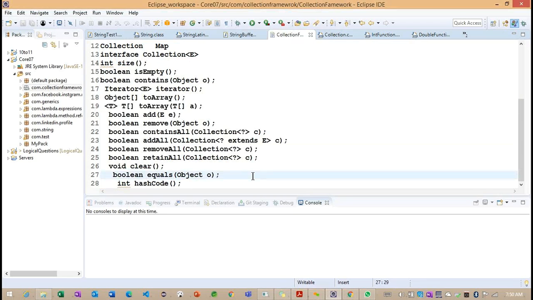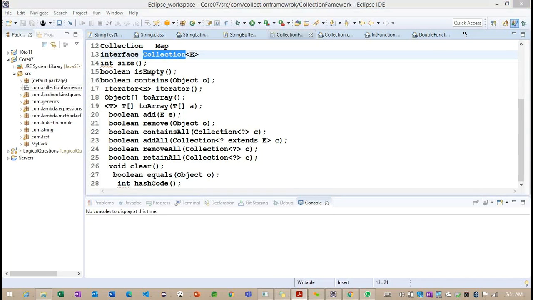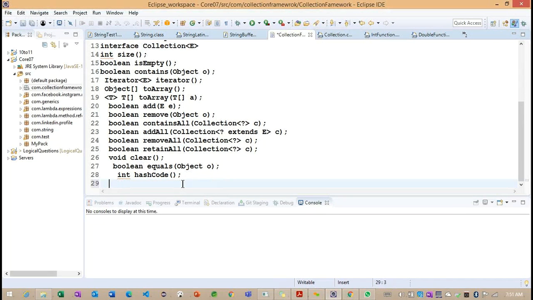Okay. Observe here. This is the main interface called Collection, and we need to focus on the sub interfaces here. So what are the sub interfaces we are going to have? Cutting the point, the sub interface we are going to have is List here. So let me open this particular interface called List. In the List interface, how the syntax is implemented, we need to understand here.